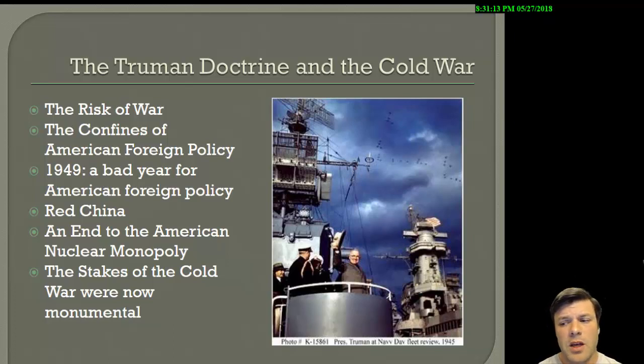This is bad news. Even worse, 1949 is the year that the Soviet Union will develop its own nuclear bomb. Before, we could always say, you better back away from this policy or that policy, or we'll use the bomb. Now the Soviets can say, that's all fine and well. How do you feel about New York or Washington or San Francisco? You get the idea. We're seeing this Cold War, but the stakes are higher than ever.